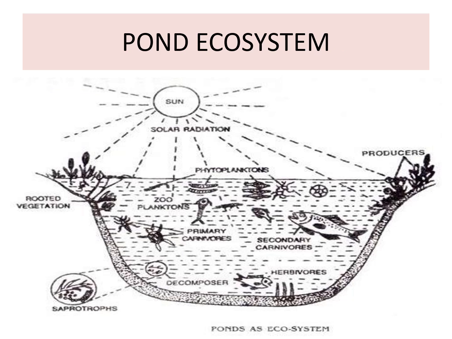Now in the pond ecosystem, an important component is the light. The light enters deep into the pond ecosystem and creates the photic region. The rooted vegetation is present, phytoplanktons are present. Then we see the zooplanktons, primary carnivores, secondary carnivores, and tertiary carnivores present in the pond ecosystem along with the decomposers formed by fungi or bacteria.